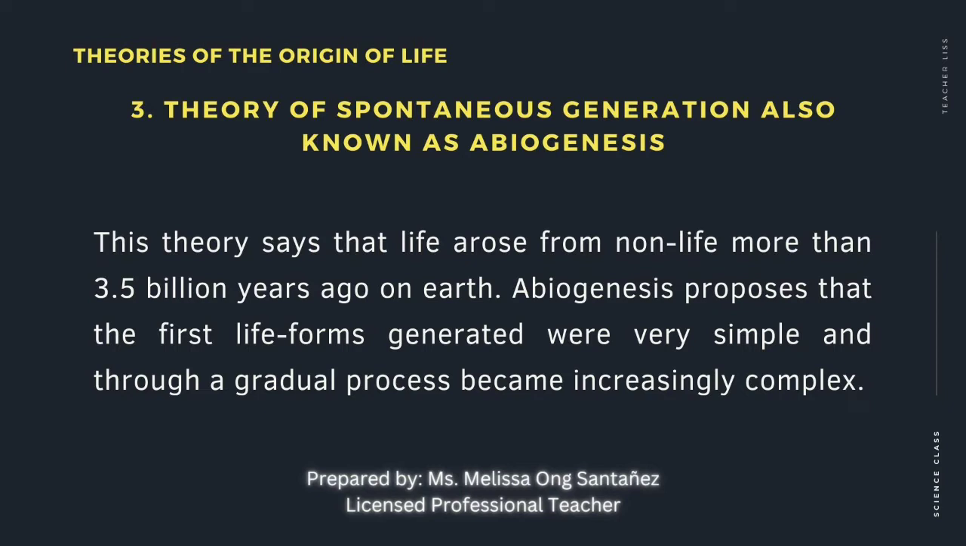Abiogenesis proposes that the first life forms generated were just very simple and through a gradual process became increasingly complex. It is the idea proposed by Richter in 1865 and supported by Arrhenius in 1908. So it's not that confusing, isn't it? The next one